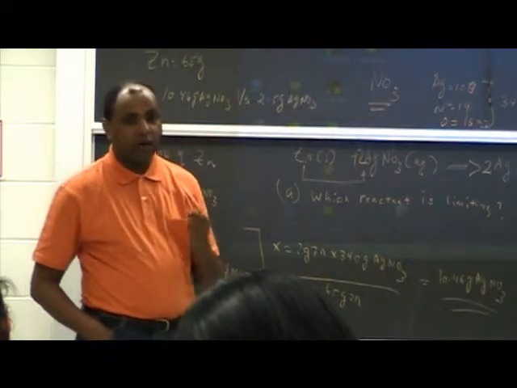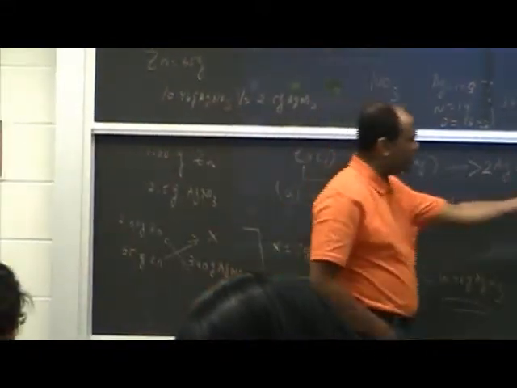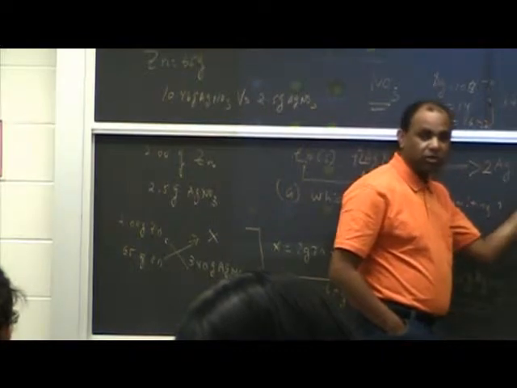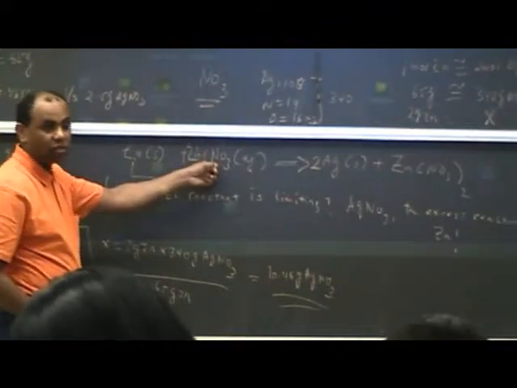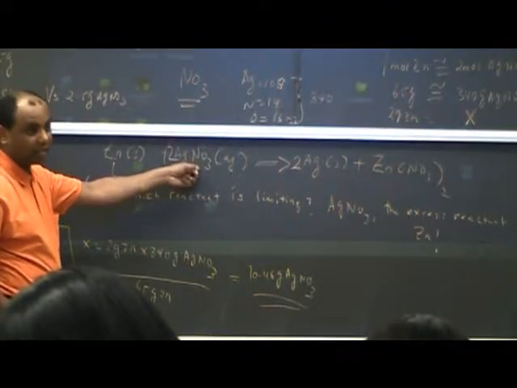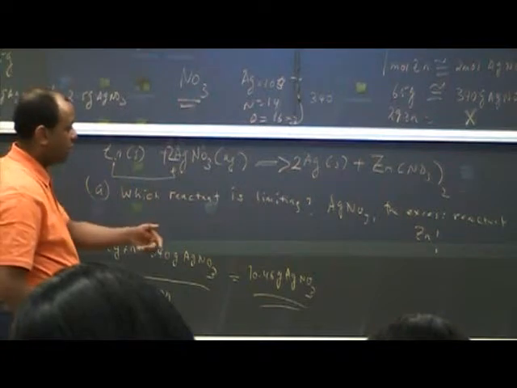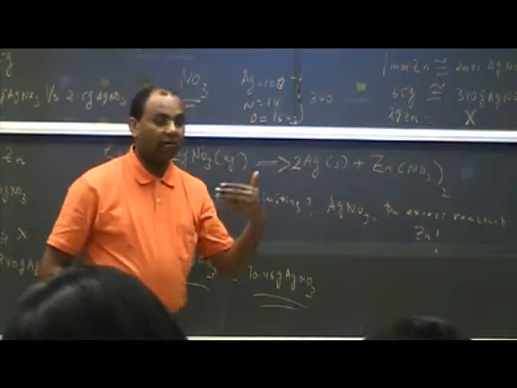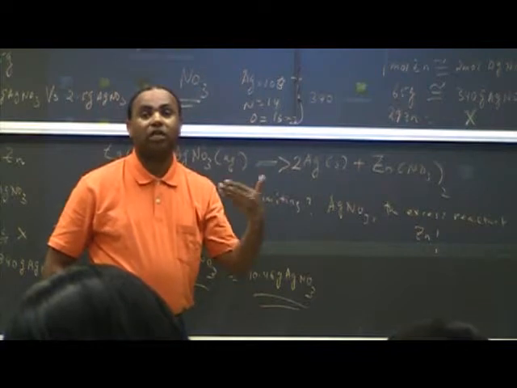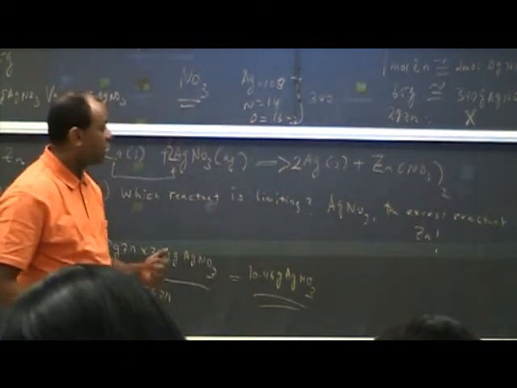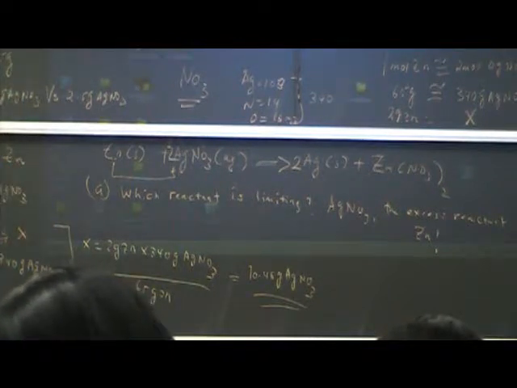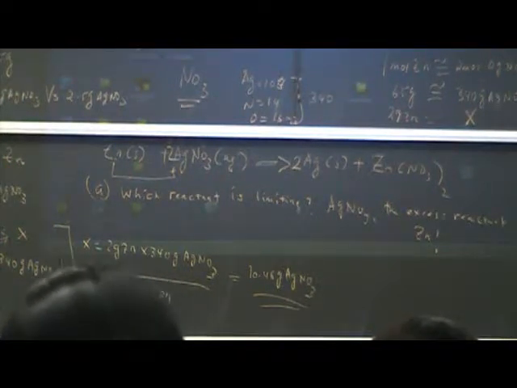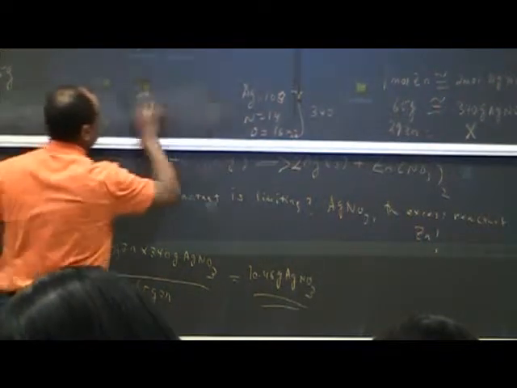Yes. So in our case, how much zinc nitrate or how much silver is produced is, from now on, depending on silver nitrate, the limiting reactant. So the second question was, how many grams of zinc nitrate are formed? Zinc nitrate is formed. So what I'm going to do is,